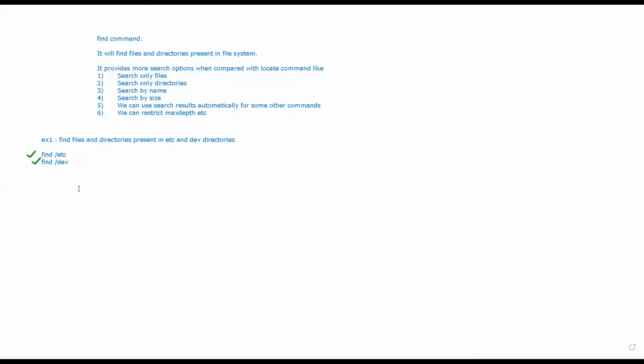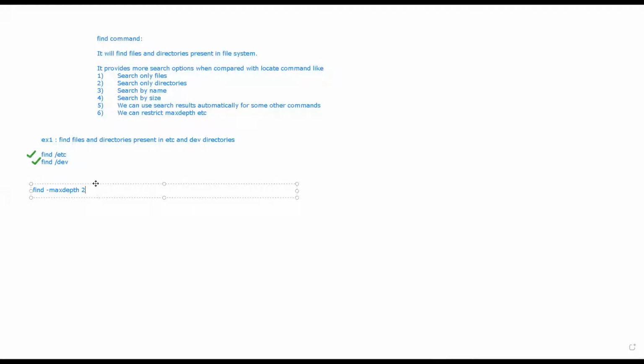Now, in some cases, if you want to limit the result, how can you do it? You can say find, max depth, let's say 2. Usually the find command will search in all depth levels, meaning directories, subdirectories, then their subdirectories. But let's say you have 10 depths, and you want to search in only two levels.